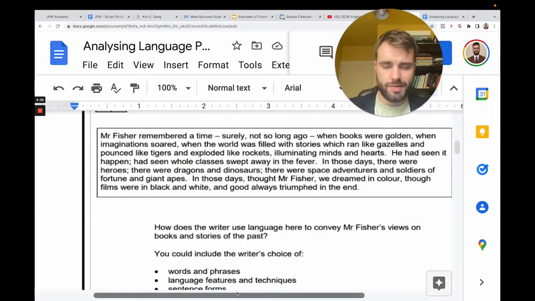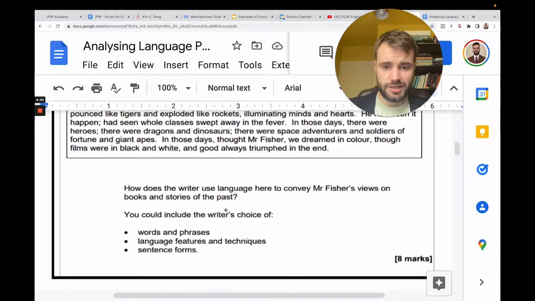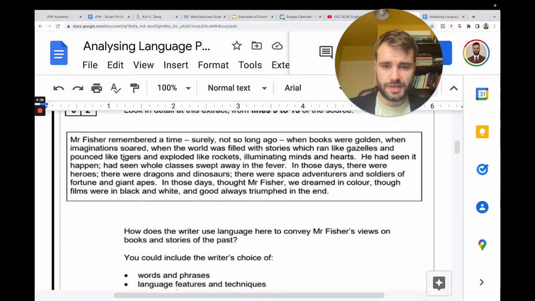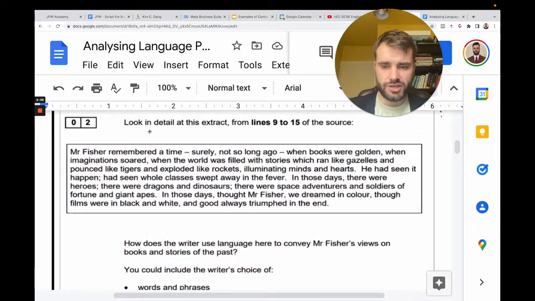Now, when we're analysing language, we will be given extracts, a bit like this one. Let's take a look at this example. So the question says, look in detail at this extract from lines 9 to 15 of the source. This is actually question 2 from paper 1 for AQA, but remember you can use this skill, and you have